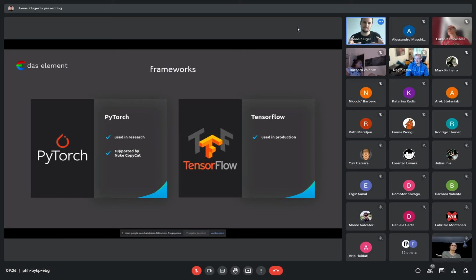From my experience, most research work is done using PyTorch, and models actually being used in production are all done with TensorFlow. The Nuke CopyCat node works with PyTorch models, so you can download models for PyTorch and implement them in Nuke. The issue, however, is if you have a great model working in TensorFlow, you have to adapt it to PyTorch. So let's see if Foundry is expanding and adding more frameworks.